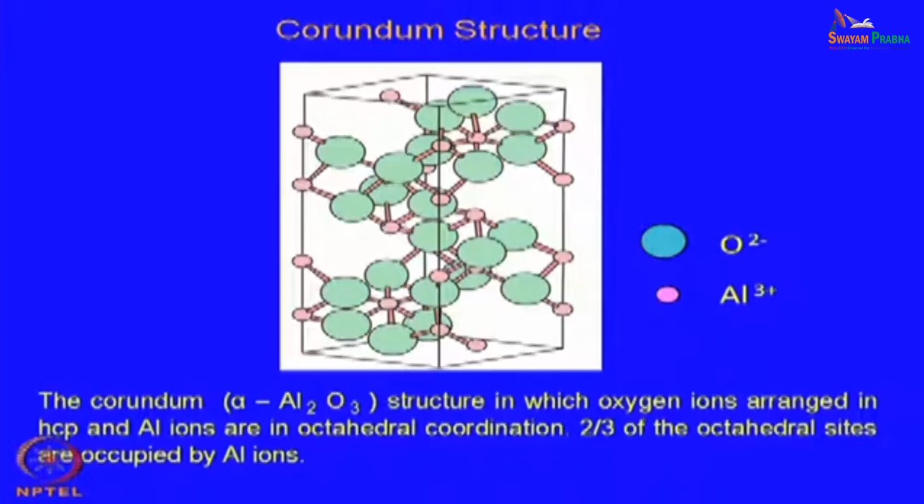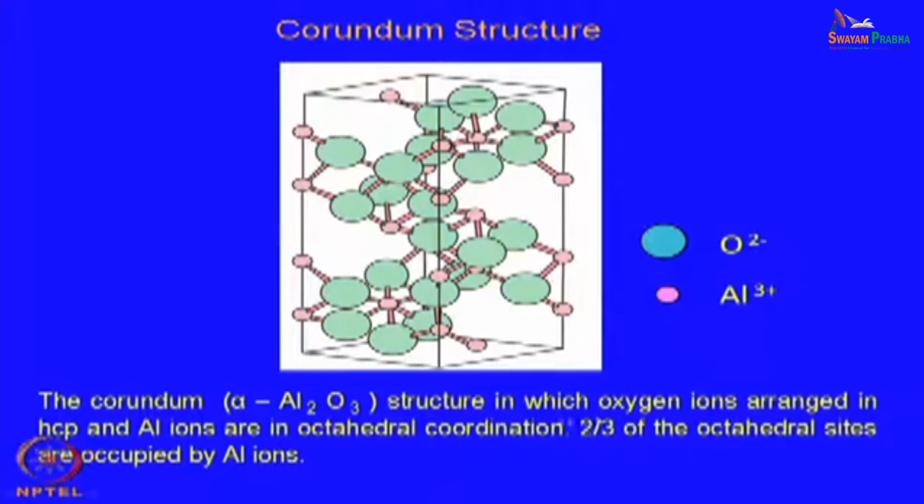So, this is the structure of corundum, in which oxygen ions are arranged in again HCP. So, symmetry must also be known, and then the coordination number of the cation and the anion should also be known. That is how actually we describe the structures. So, it is a corundum structure in which oxygen ions are arranged in HCP and aluminum ions are in the octahedral coordination once again. Now, in an HCP structure, we have seen earlier whether it is HCP or a close packed structure